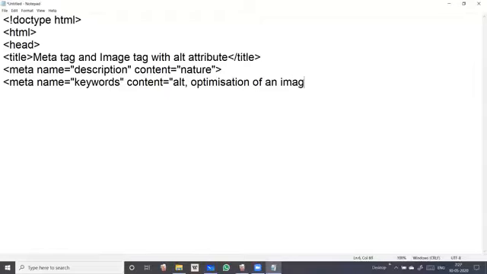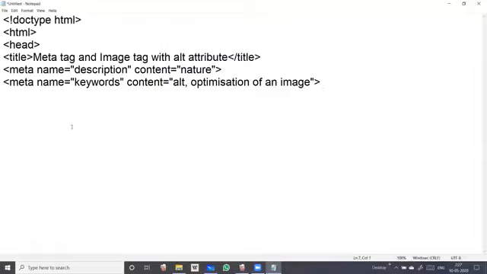You have to remember that these things are not going to be displayed on your web page, because it is only visible to the HTML document. Users cannot view it, but it is there in every web page.